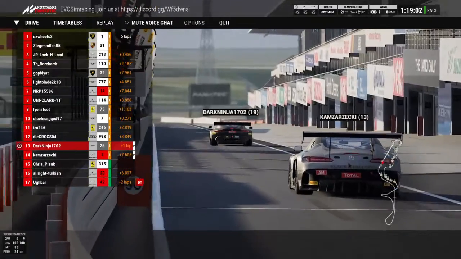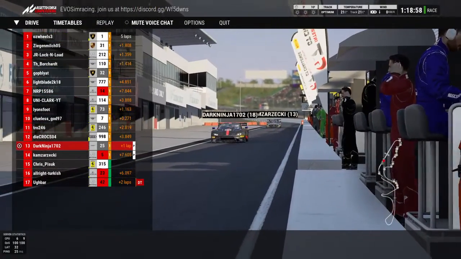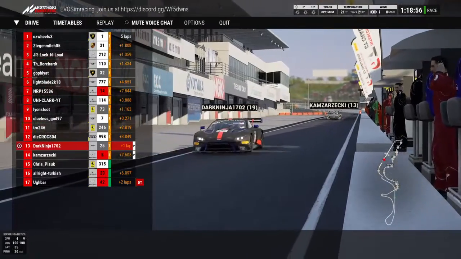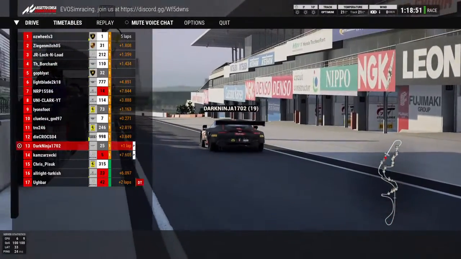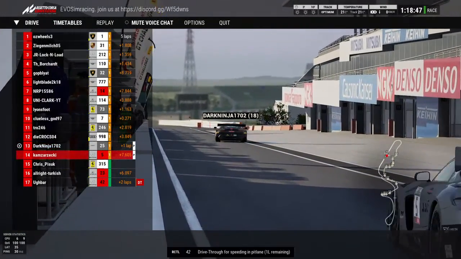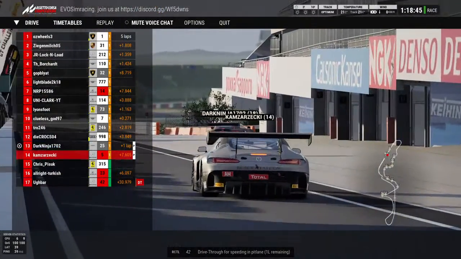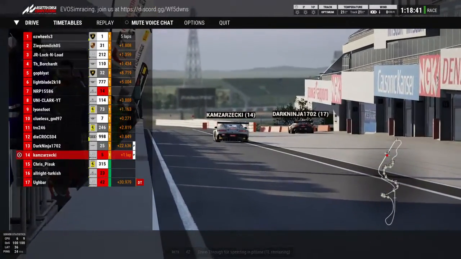Just to mention that we do have Dark Ninja now coming in for his mandatory pit stop. I believe he's coming into the pits from 6th or 7th. I do believe he lost a position to Light Blade, so we dropped him to 7th. A little bit of damage it looks like on that car, possibly from the little coming together he did have with Light Blade going through Spoon. We also do have one of the new drivers, Cam Zazeki, coming in for his mandatory pit stop also now